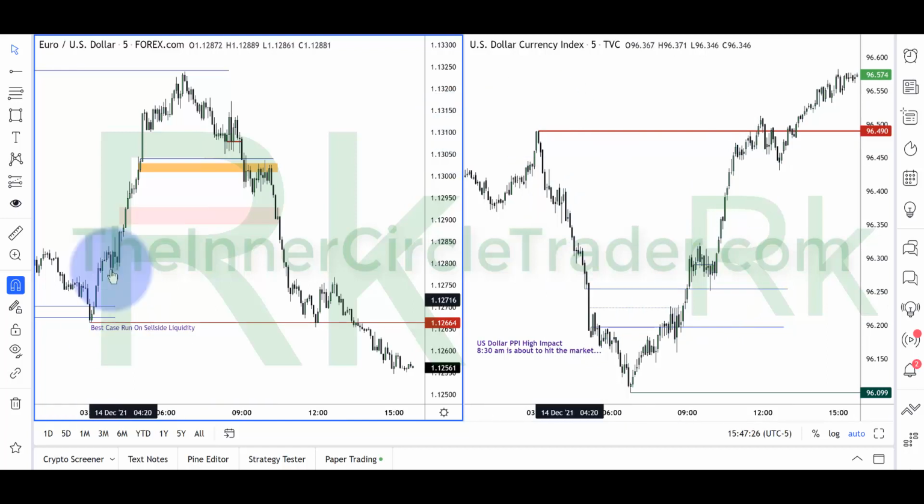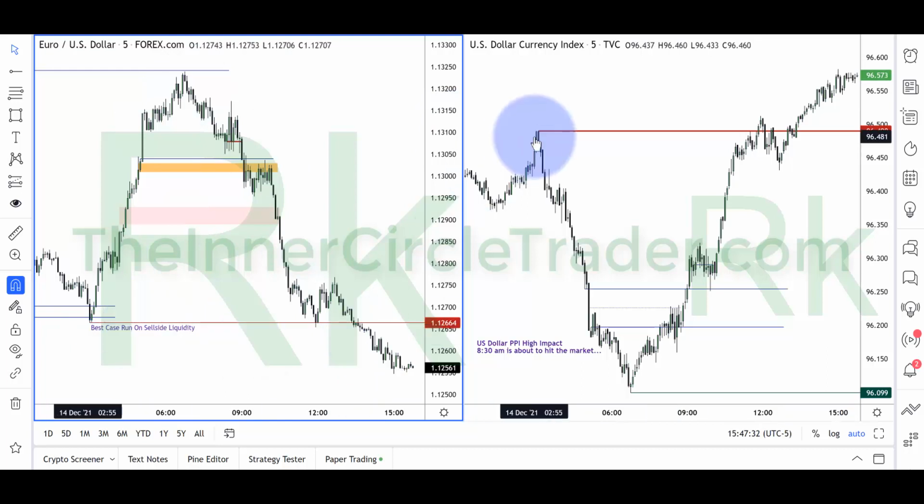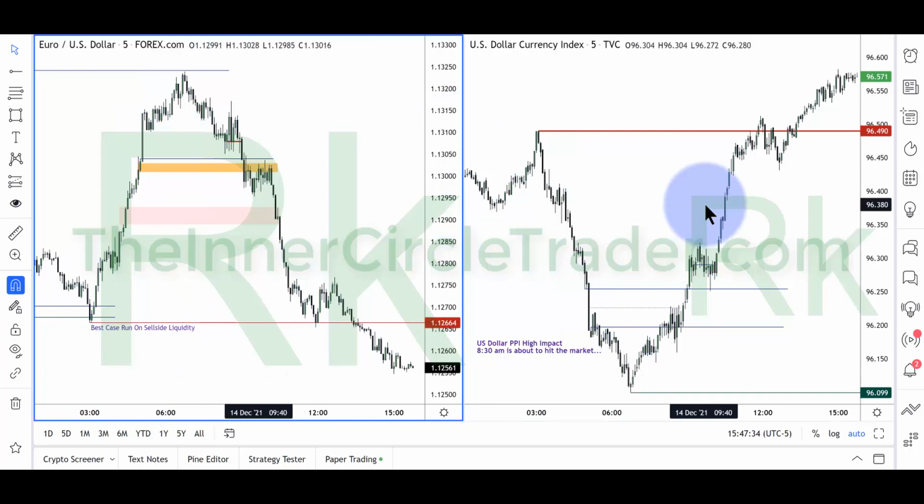So we have a market maker sell model over here, attacking the sell side liquidity, which it does handsomely. And this is a market maker buy model with second stage reaccumulation, exactly as I outlined, drawing it on the chart before it happened live, okay? If this logic was flawed, if it wasn't exactly as I teach it, it wouldn't hold up like this. If it was anything else,